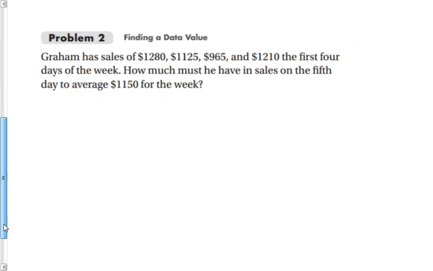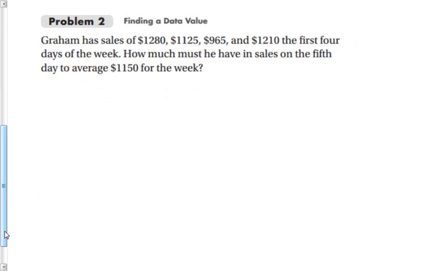All right, problem 2 here, finding a data value. So Graham has sales of 1,280, 1,125, 965, 1,210 in the first 4 days of the week. How much must he have in sales on the 5th day to average 1,150? Well, remember that if 1,150 is the average, then that means that the total divided by the number of numbers is equal to that. And we're just missing one number. So if we were to total these up,